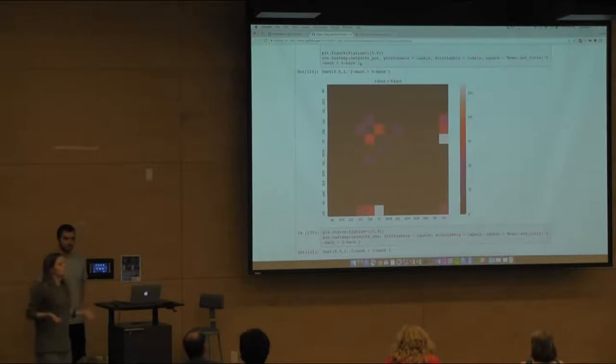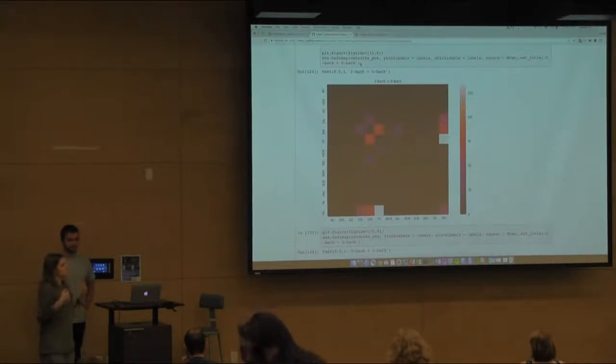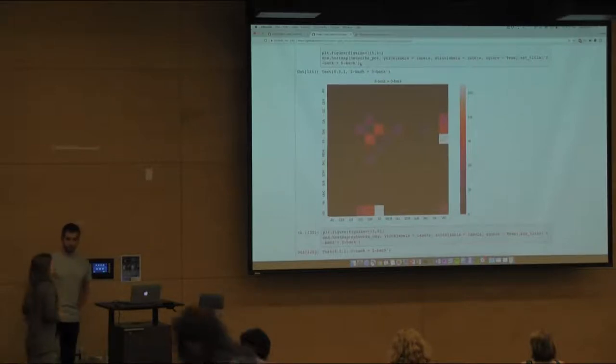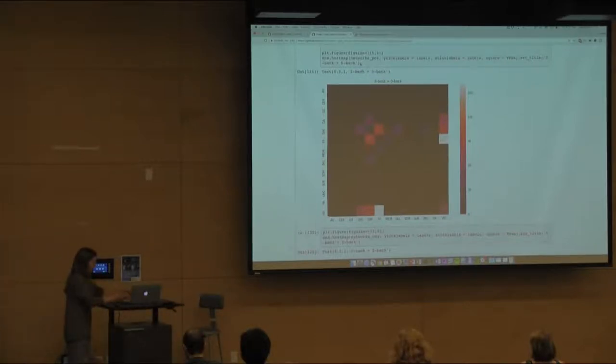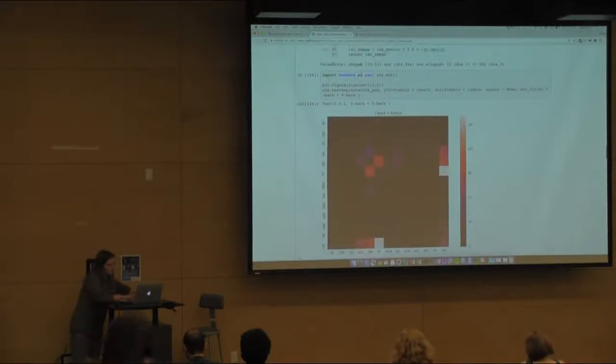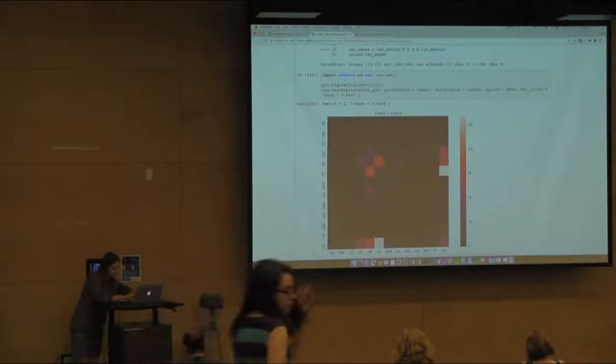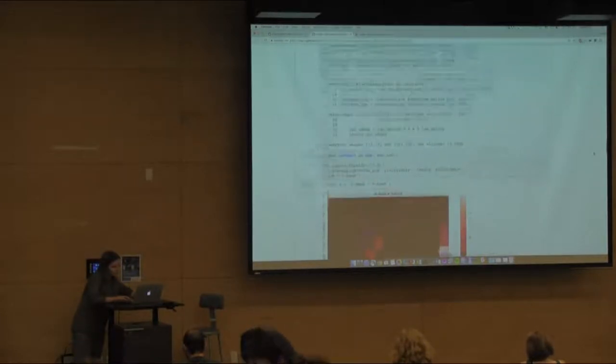You can take whatever you want; we took the Power atlas, Power ROIs. Another approach is to take ROIs from activation maps, statistical maps, and we also did this. Maybe first I will show you how we